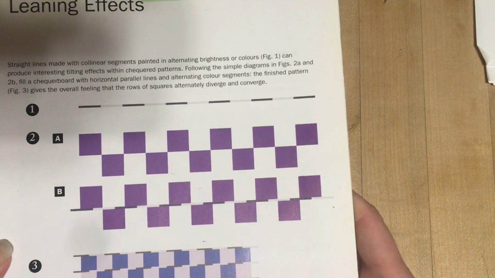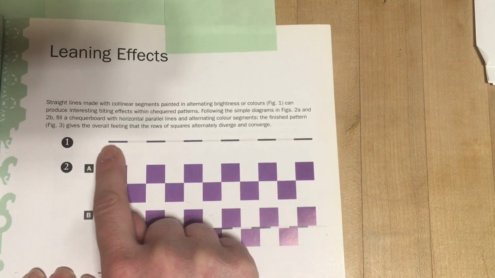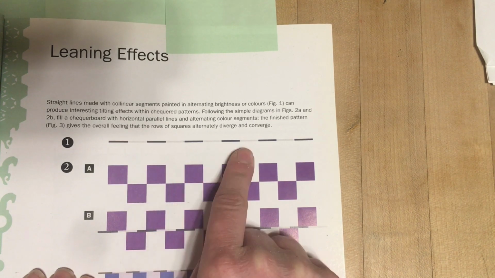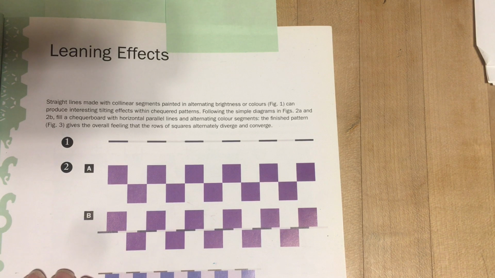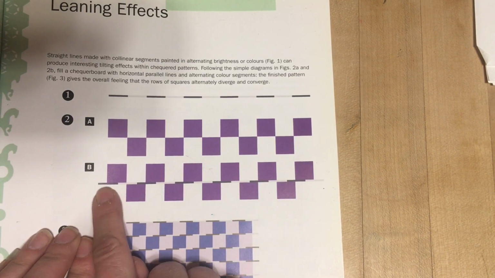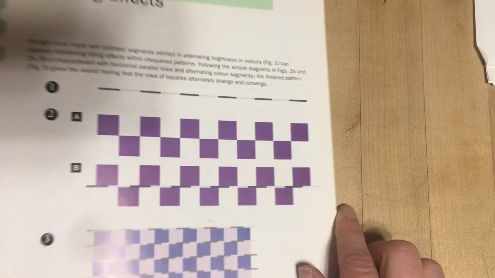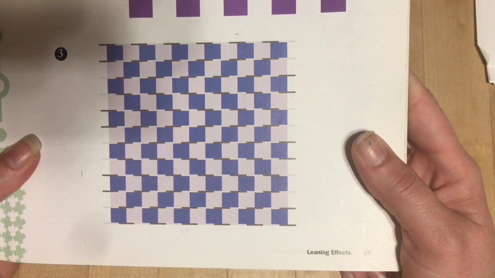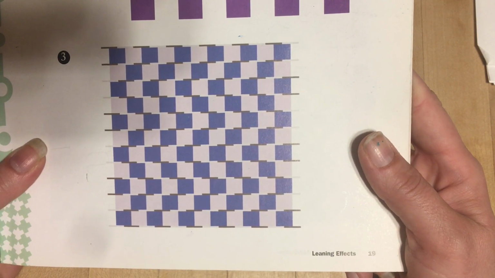This is a leaning effect. What we have here is a simple checkerboard, and we have this simple dashed line, right? Dark light, dark light, dark light, okay? So now we take those two things and we put them together. We've got our checkerboard with the line, dark light, in between them. Well, when we put it all together, the lines no longer look like they're straight,